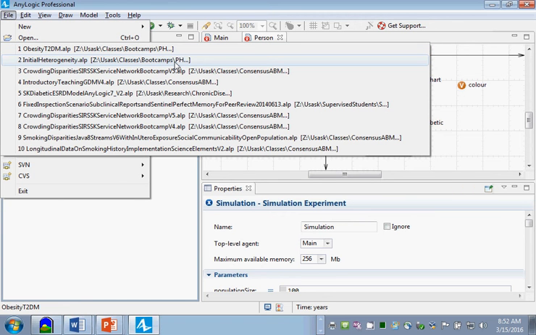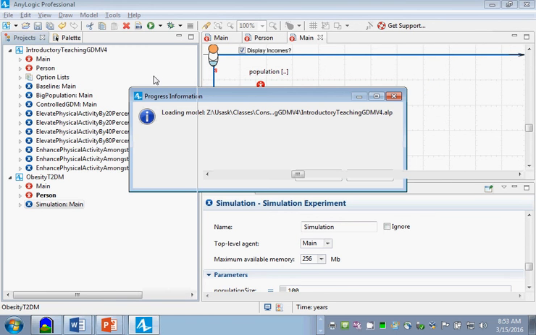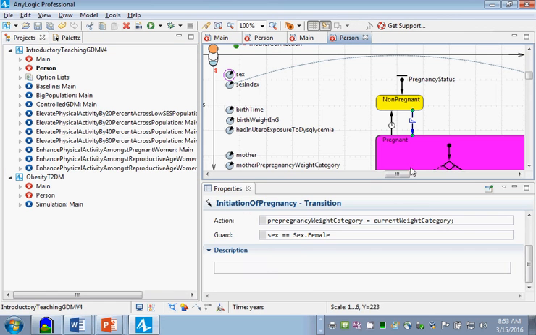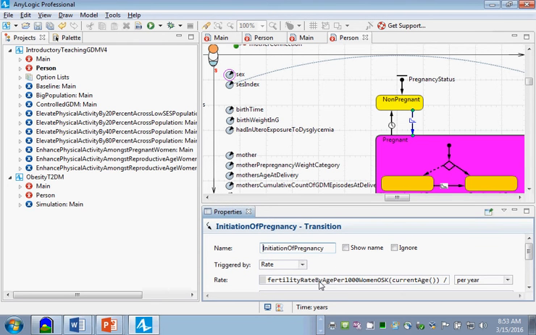Don't feel you have to do this now, but I'm just going to go back to that model to reflect on this. You remember that within this model, our hazard rates, which are incidentally denoted in this sort of icon, were specified in a way that is more sophisticated. For example, the fertility rate is specified in a way that